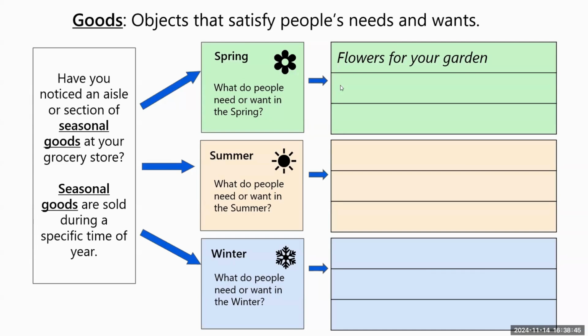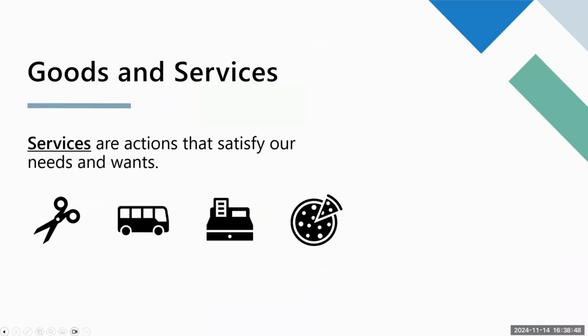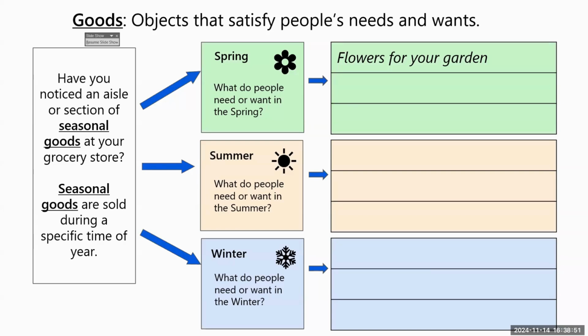Can someone else in the chat give me something else that people would need or want in the springtime only? Right, springtime would be Easter. So what kind of things would you see around that time? Right. Yes, awesome. Yep, eggs, candy, baskets in April, right? For Easter. Then the other thing that kids might key in on, oh yes, the Peeps.